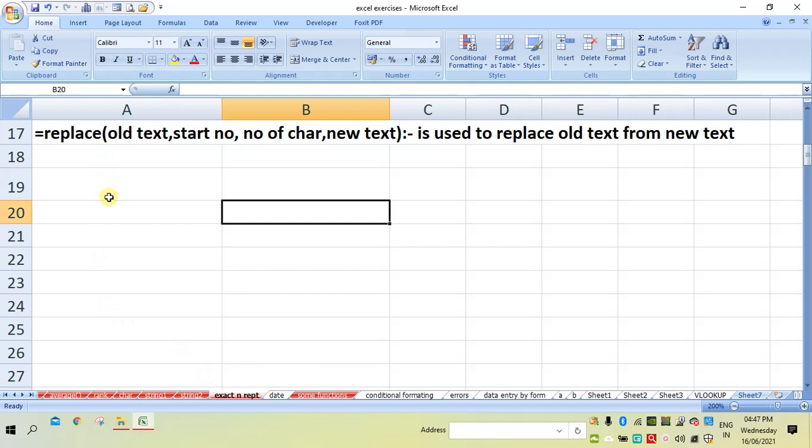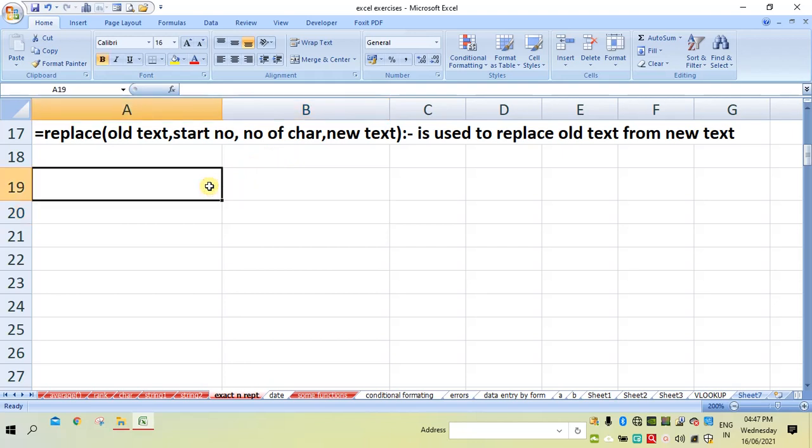The REPLACE function is used to replace old text by adding new text. Its syntax is REPLACE, old text, starting number, number of characters, and then the new text which we want to add in the old text. Let us see an example so that you will understand.